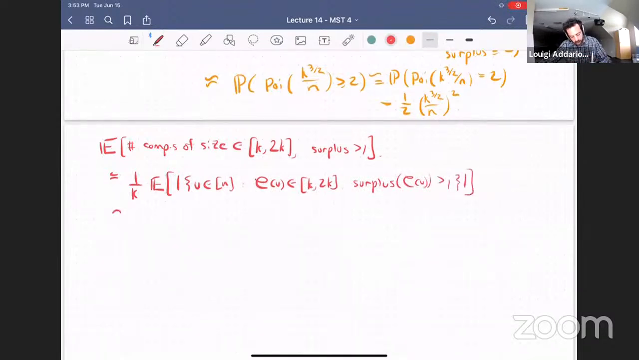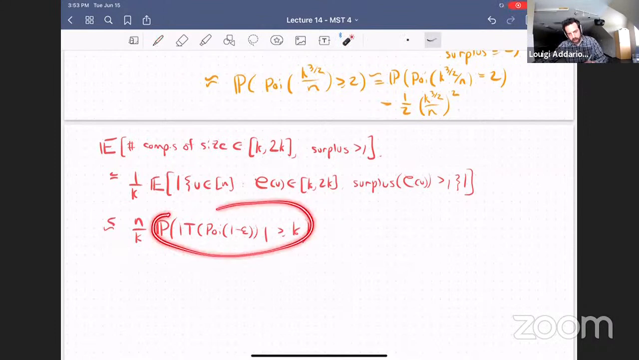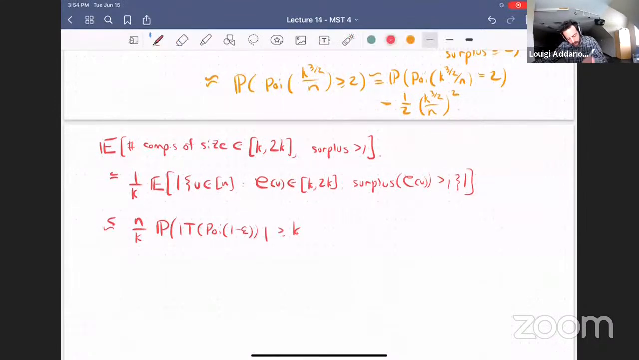Okay, and now, so that's at most like n over k, and using our Poisson bound again, times the probability that a Poisson(1 - epsilon) Galton-Watson tree has size, say, greater than or equal to k. Okay, and let's just bound this by 1 on k to the half. And then we still need times the probability that this Poisson, k to the 3/2 on n,